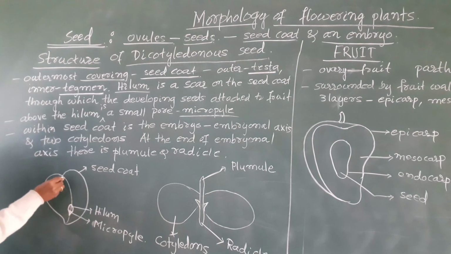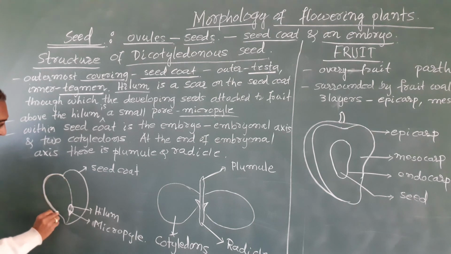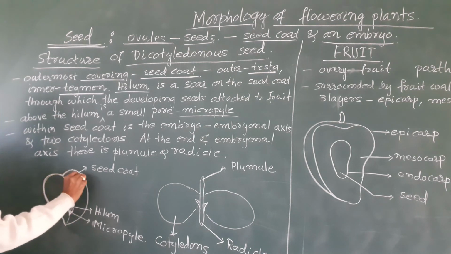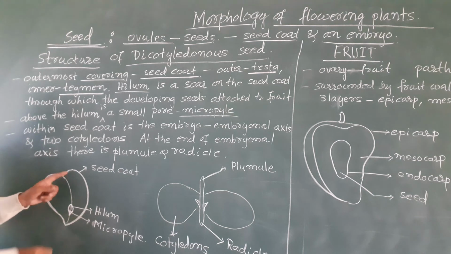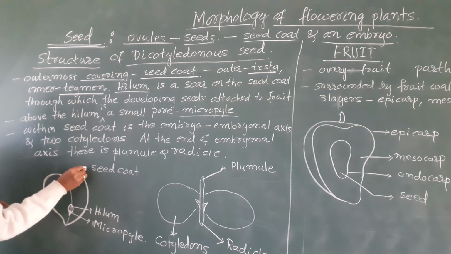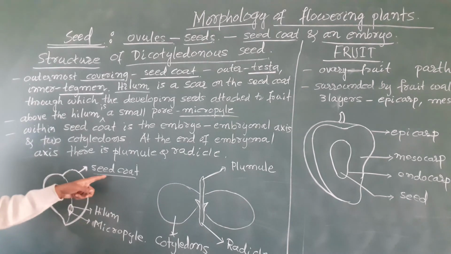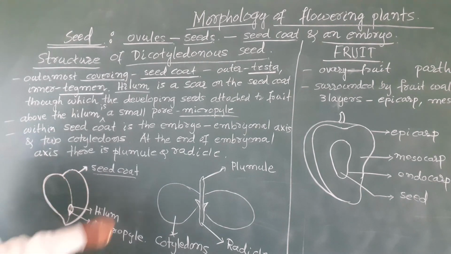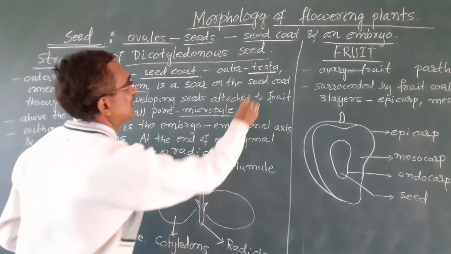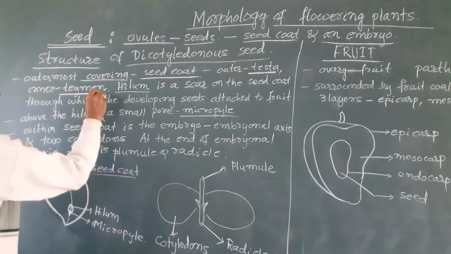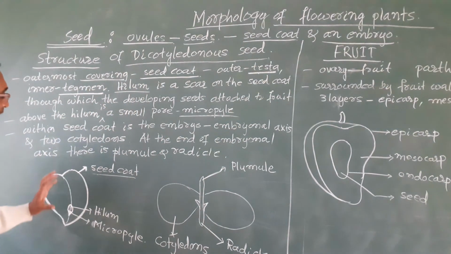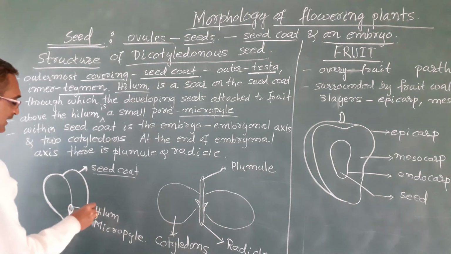You see, this is the seed, and the outermost covering is the seed coat, made up of two layers: the outer testa and the inner tegmen. And this seed has